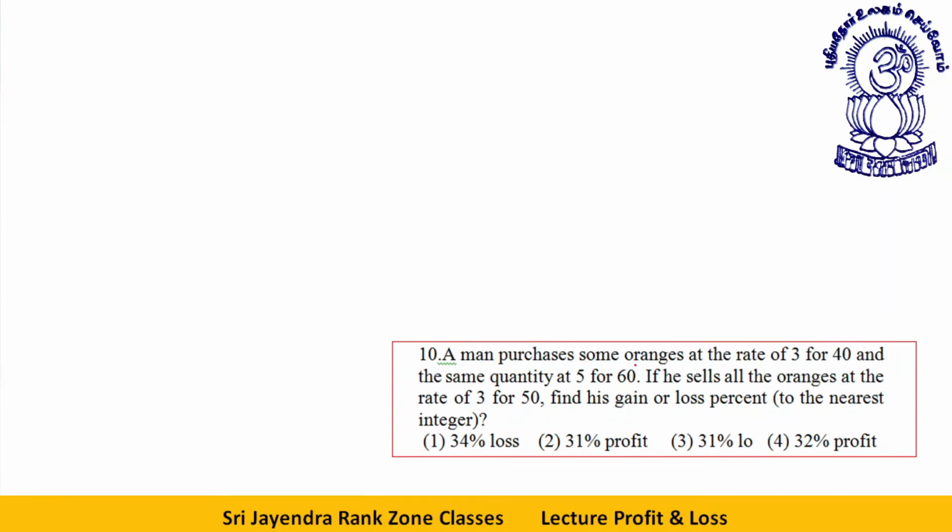A man purchases some oranges at the rate of 3 for rupees 40. First of all, CP of first type. Why am I writing first type? Because the next line says, and the same quantity at 5 for rupees 60. CP of first type is 3 for rupees 40. CP of second type,